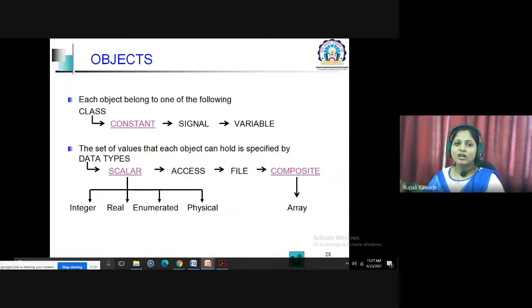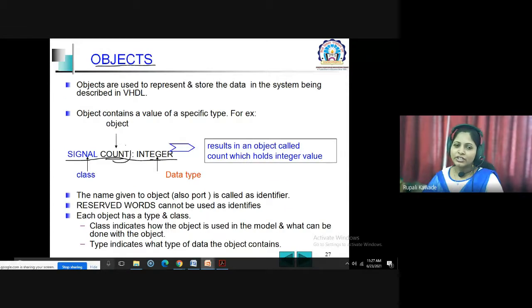Now, which are the different objects available in VHDL with the different classes? We have seen that count is an object and it has an associated class and data type.